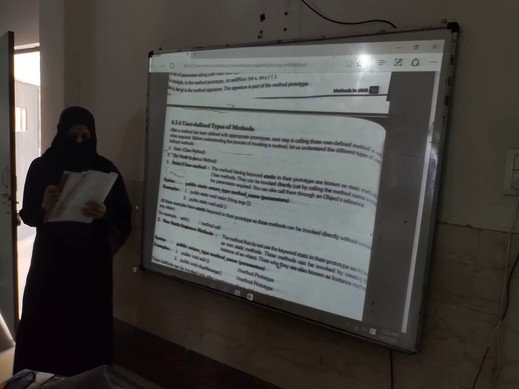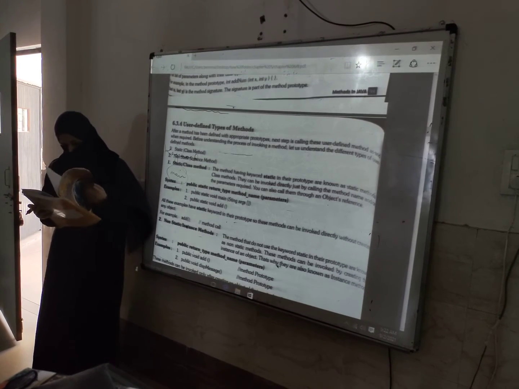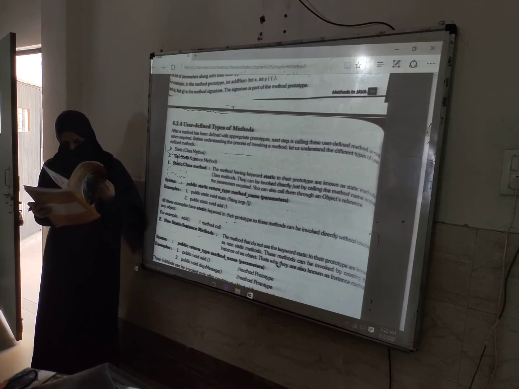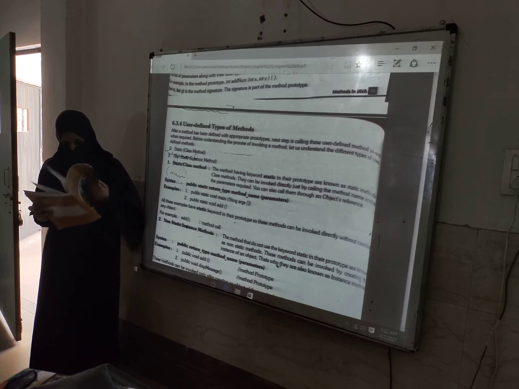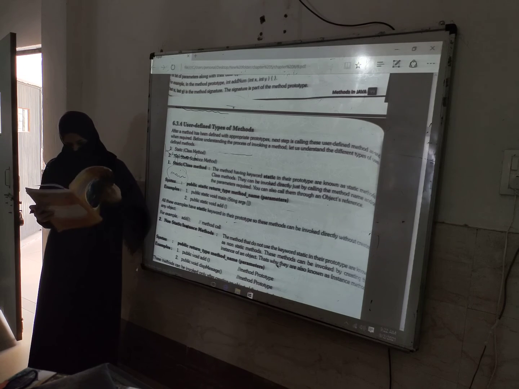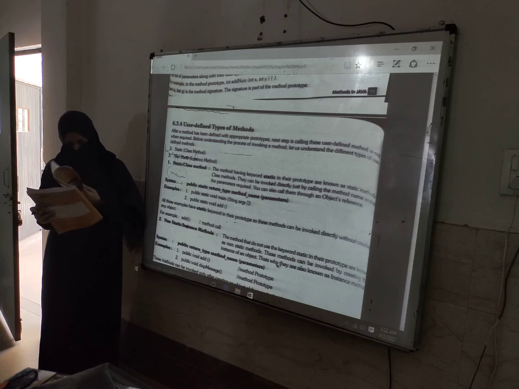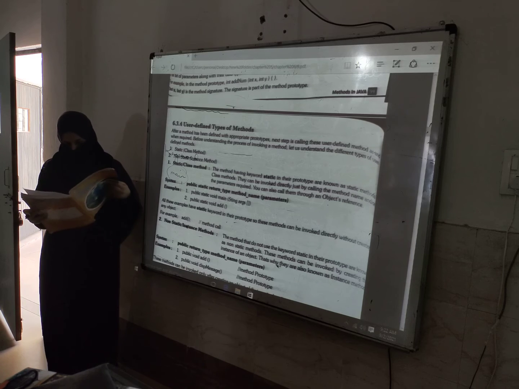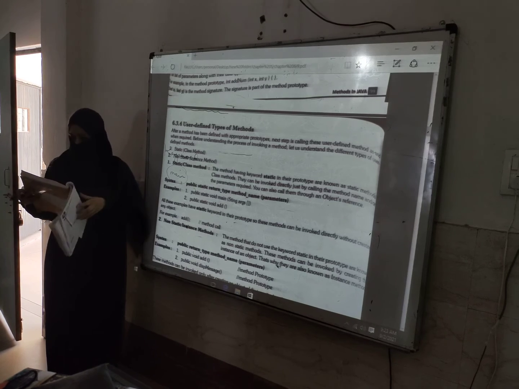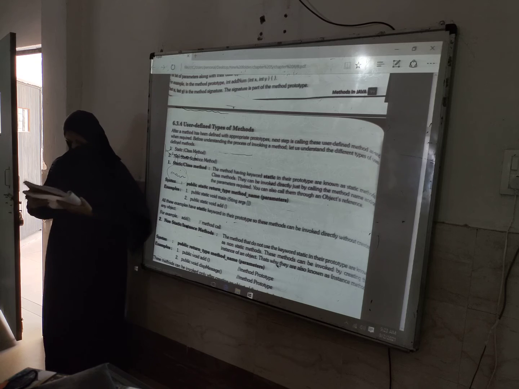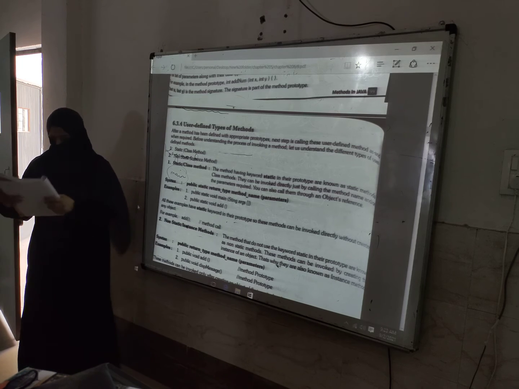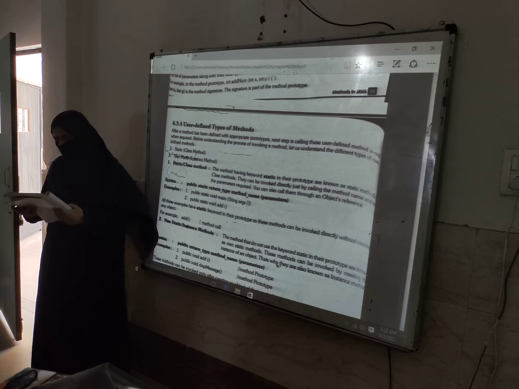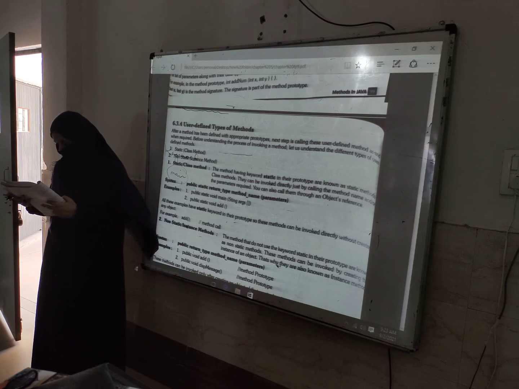Open the page number. Page number 45. Read the definition of keyword here.